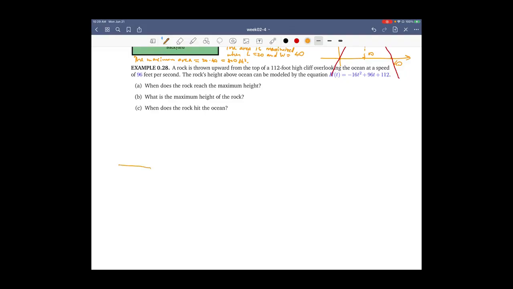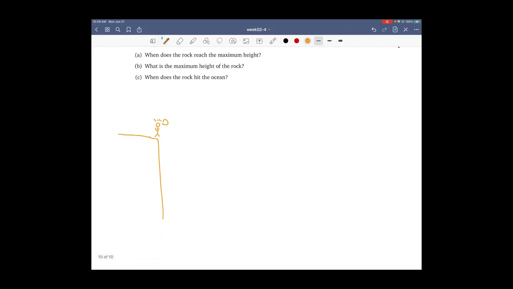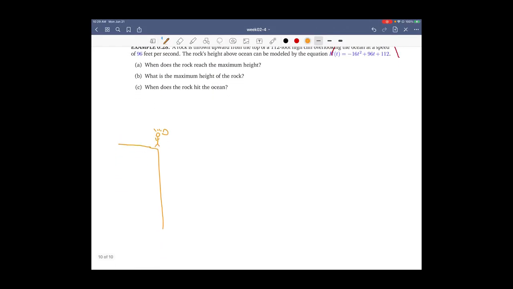So that is the cliff. That is me throwing the stone, a rock. That is the trajectory